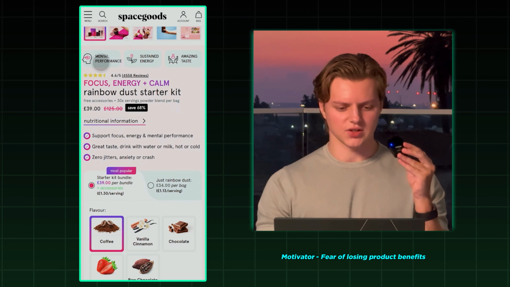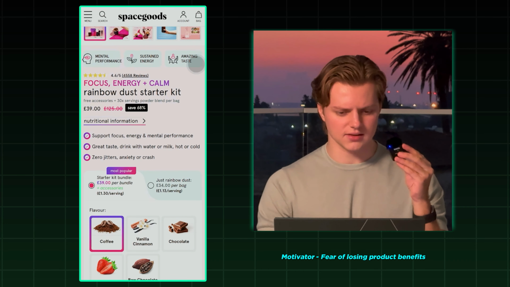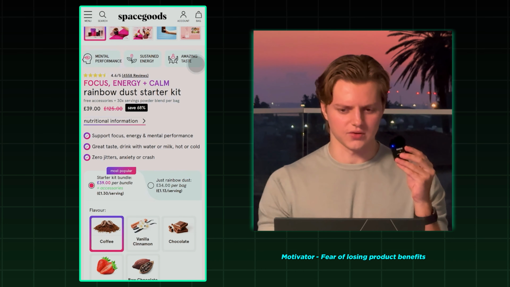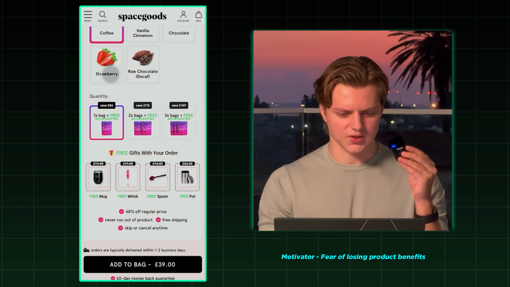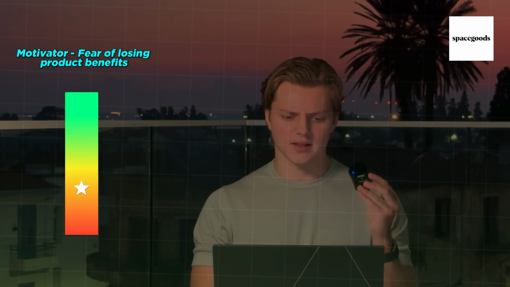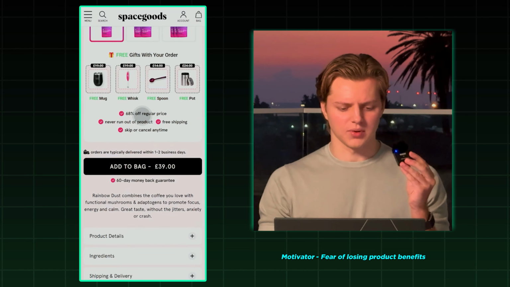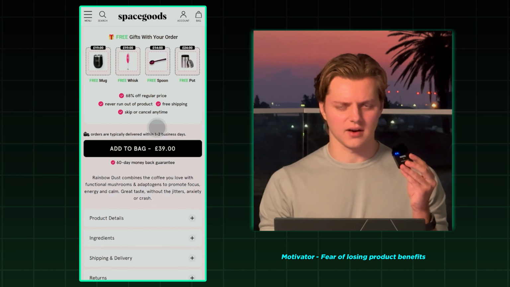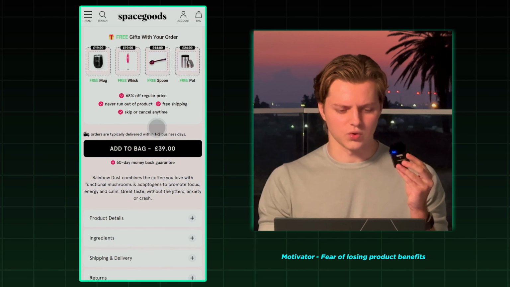The first benefit section they have here is the row here with mental performance, sustained energy, amazing taste, which is fair enough. It's a good product form summary. Then they have some bullet points here and then a paragraph with pretty good copy. I'll rate them C-. They are a little below average, I feel like, in the benefits because the vague delivery statement here, which does not give me a shortened feeling of distance to the product, which it should do,